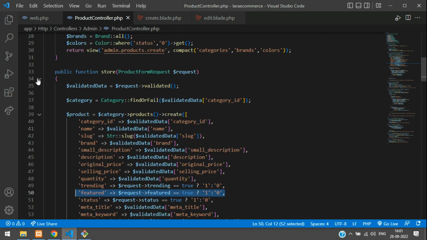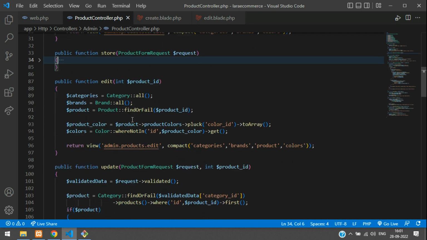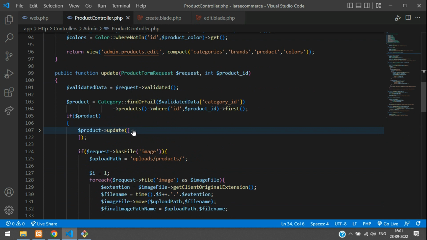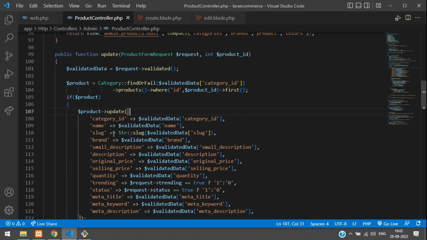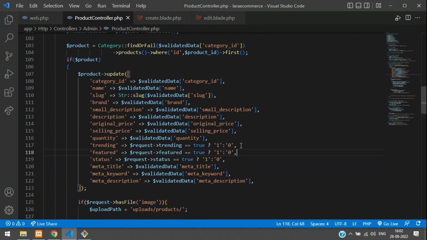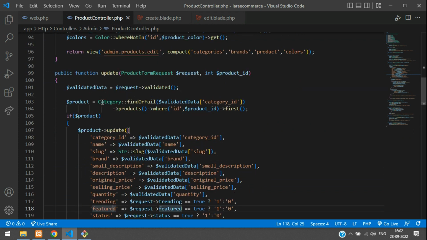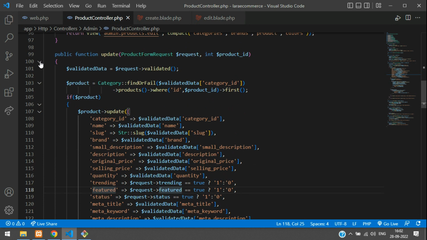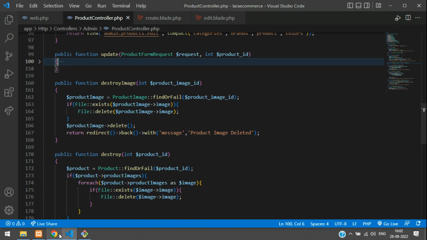While this is for storing the record, let's go to the update function, while updating the product. Here you see we have a trending, right? Below this only we will keep featured and update it. As simple. Now done. Everything is clear guys, and now we need to set this featured in your database table,